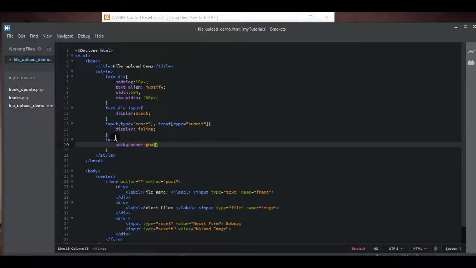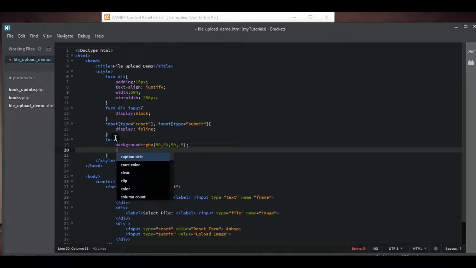So we've got something like 0, 0, 0 and 0.5 as 50% opacity or transparency, and the color should be white. Alright, that's the white color, and